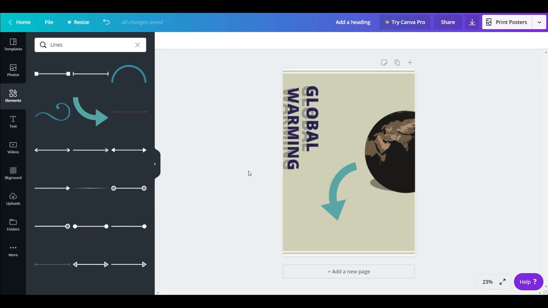So now you can see that I have given an element as well as a top and bottom border effect for this image. Now we have one more message as well, and we will enter that message. We will type that message very quickly.